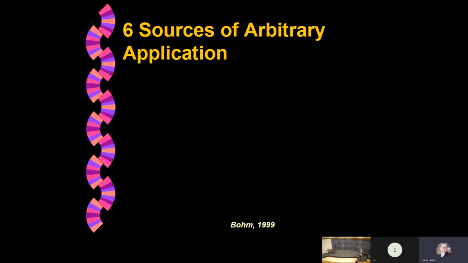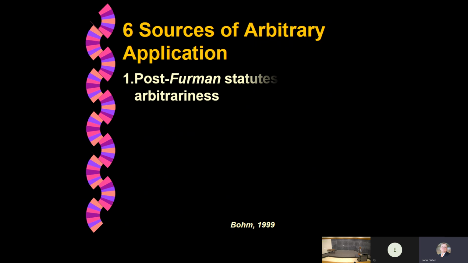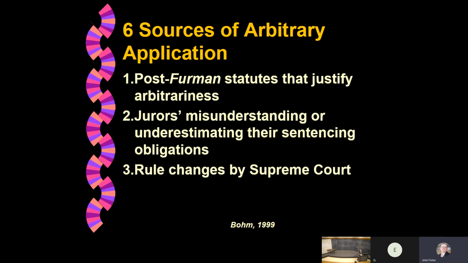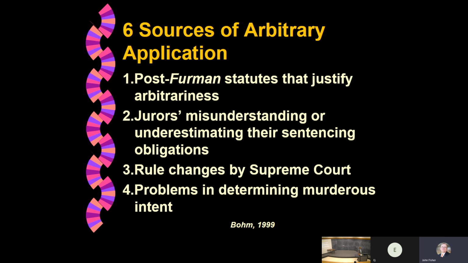So there are 6 sources of arbitrary application within the post-Furman statutes that justify arbitrariness: a juror's misunderstanding or underestimating their sentencing obligations, rule changes by the United States Supreme Court, problems in determining murderous intent,